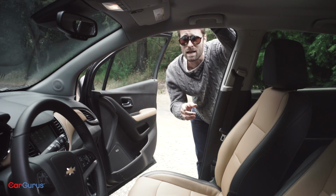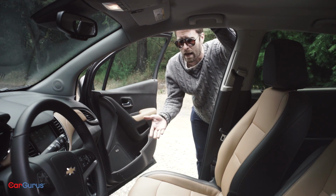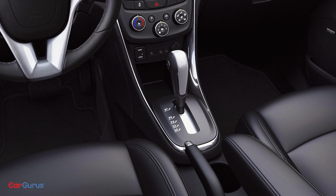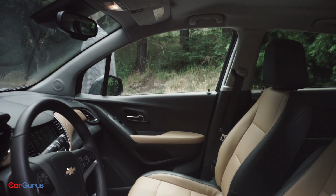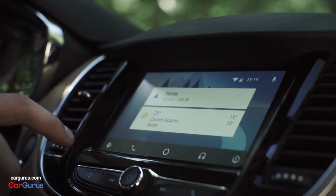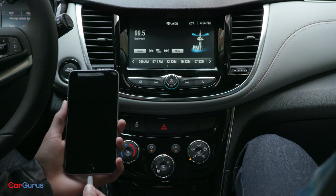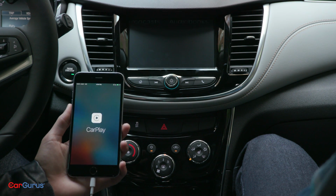Now that's a lot worse than it sounds because the Trax doesn't offer a center console. So all the storage you have in here is this under seat storage and 4 cup holders. Actually, it's 3 cup holders and 1 little square bin. Even better than the new dash is the inclusion of standard Apple CarPlay and Android Auto, especially since there's no available navigation system for the 2017 Trax other than OnStar, if you feel like tacking another bill onto your monthly